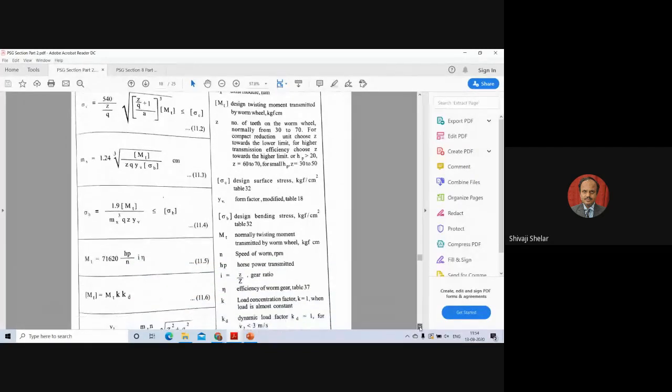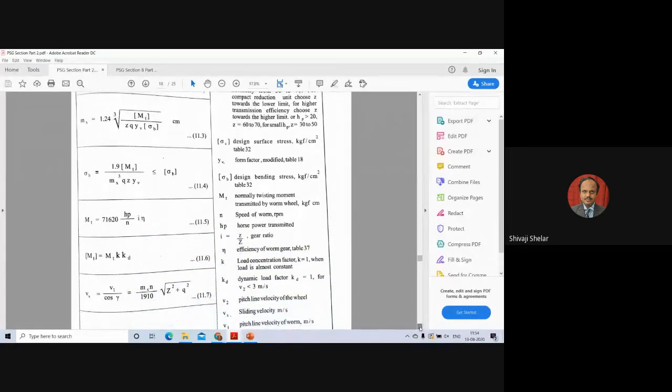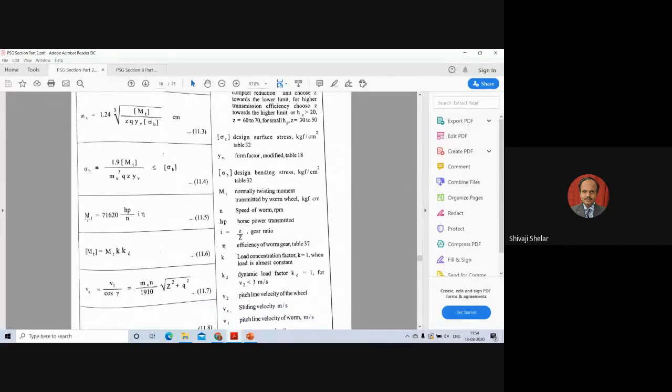If you have been given power in HP, then you can calculate the rated torque by using this formula. If you are given the power in kilowatt, then you can use that formula. So there is not much difference; only the coefficient changes there. Then this is the design formula, rated torque depending upon the K and Kd factor. Here K is normally taken around 1. If it is an electric motor, then you can say 1 for a starting motor.